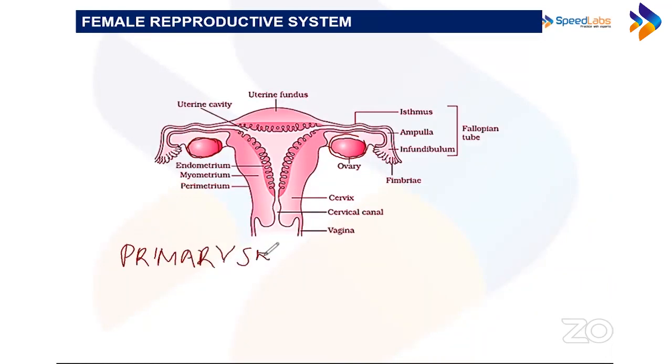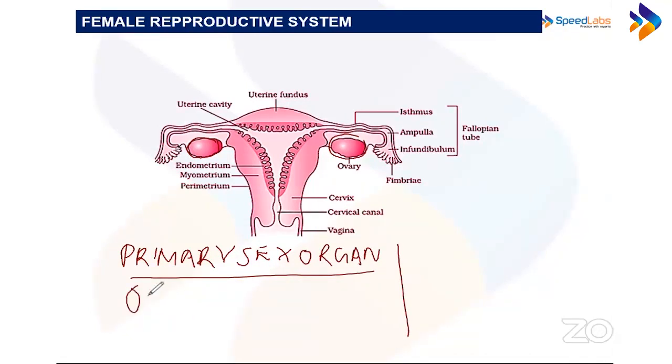All right. So primary sex organ is the ovary, and then secondary sex structures or secondary sex organs will be the,